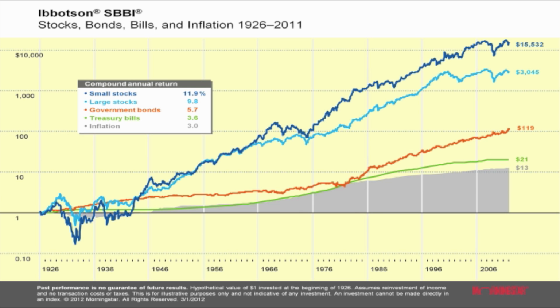Here's a chart of the different investment classes from 1926 up until 2011. And so that includes the Great Depression, it includes 9/11, it includes the dot-com bubble, it includes the real estate bubble, all of those things. And what you see from this chart is that inflation has averaged about 3% a year. And so this is important. If you know what inflation means, that means that how prices of things that you buy are gradually going up